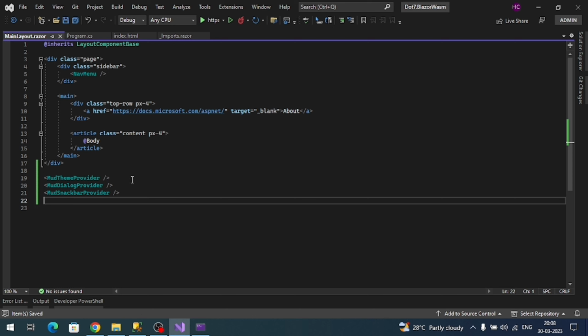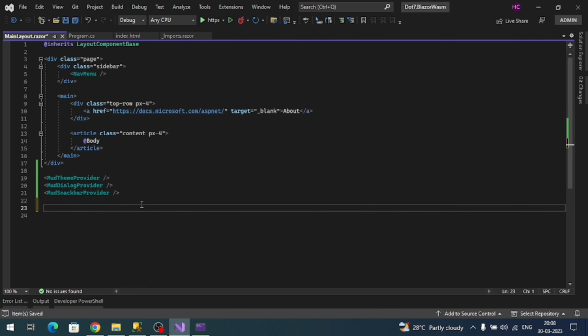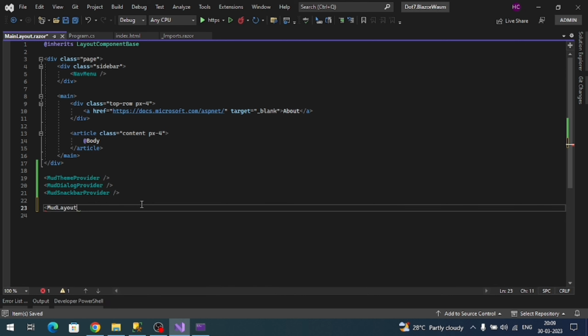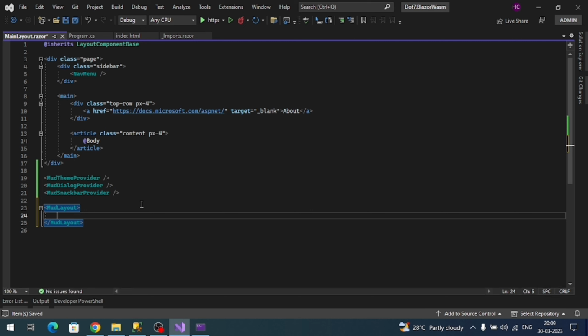Okay, now I want to get rid of this content. So for that I will design using MudBlazor components. Okay, so I can use layout. To add a layout I can use MudLayout. Okay, so inside of the MudLayout I want to add a